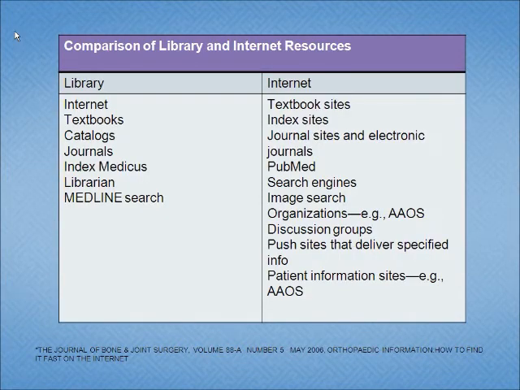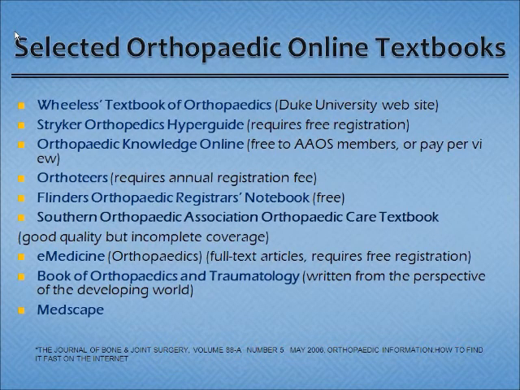These are some of the libraries and some of the internet sites and web pages that you can use. Some of the selected online textbooks are here. Some of them we are very familiar with, Willis and the Strikers and some other firms. The industries' web pages have really good libraries and multimedia databases. We can use all these databases.